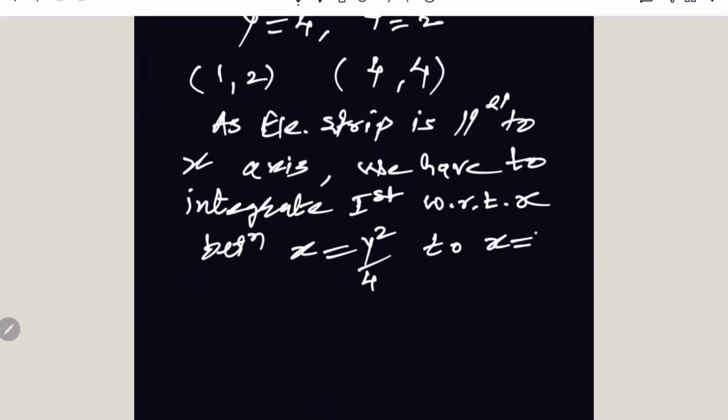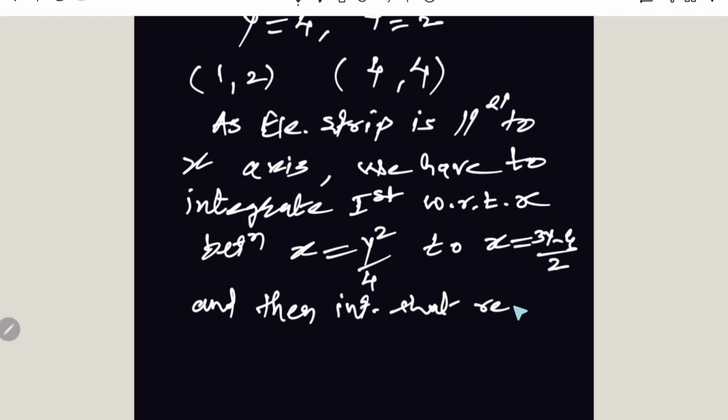X is equal to (3y minus 4) by 2. Therefore, these are the limits of x. And then integrating that result, means the result of the first integration, with respect to y